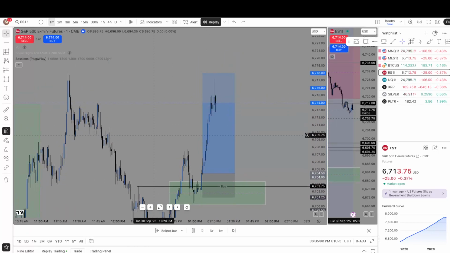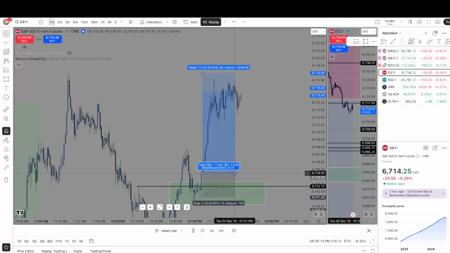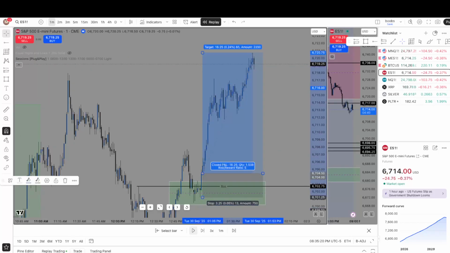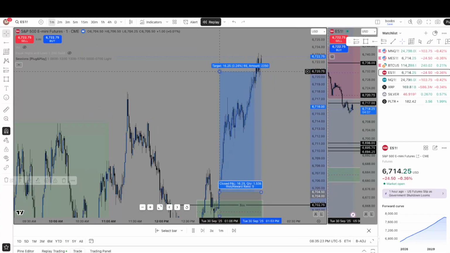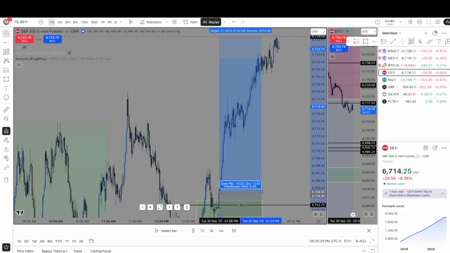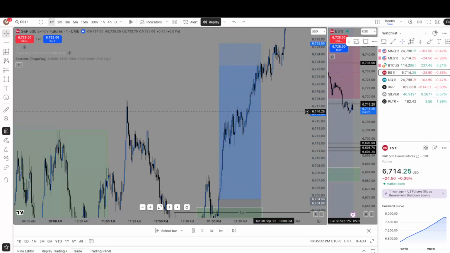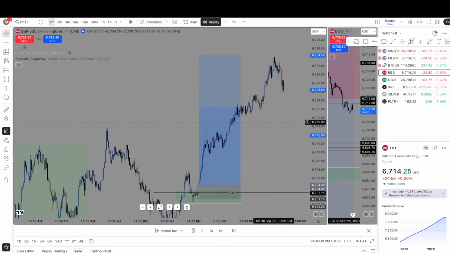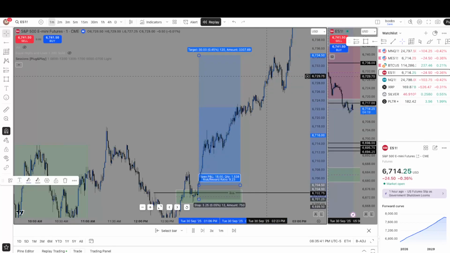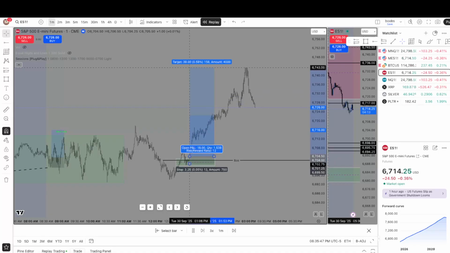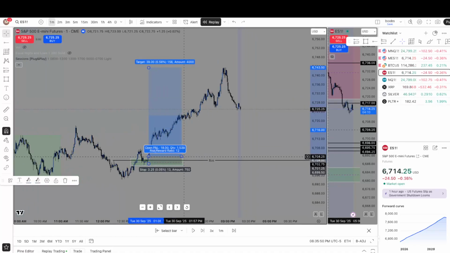What does it do? Boom. That ran. The question is, does it keep running? Insane. PM session was apparently insane. Wow. It just keeps making higher highs. It's a 1 to 10. Oh no, it keeps going. Wow. What is that? We can pause it now. That would have run for a 12 RR.